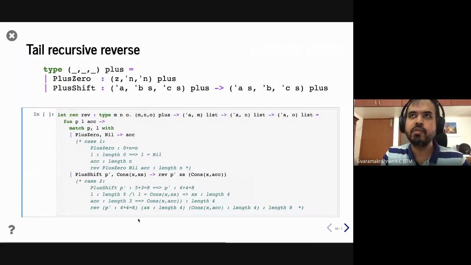So here is the actual implementation. I've annotated it, but we will go through it step by step. So first thing to notice is that reverse now takes an extra argument. Reverse takes the first argument, which is the proof that m plus n equals o, and says, if you give me a list which is of length m, and you give me a list which